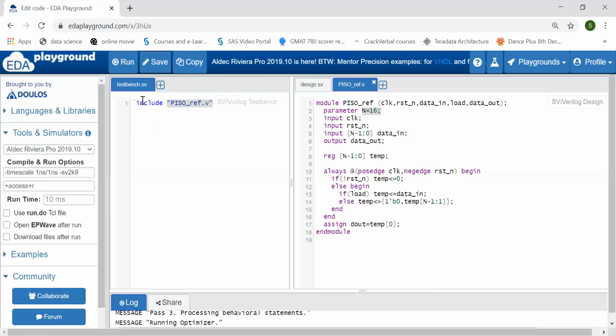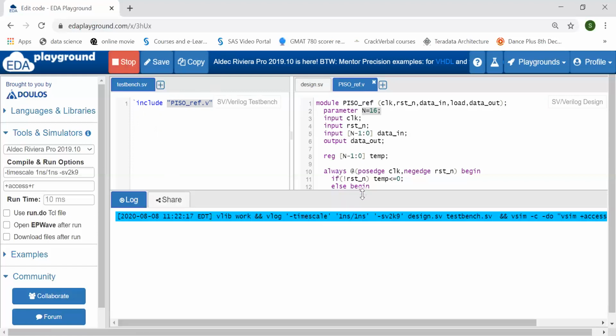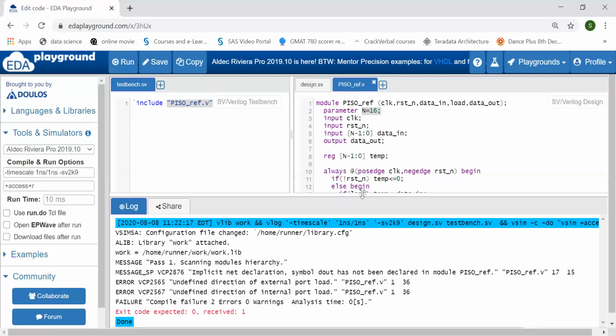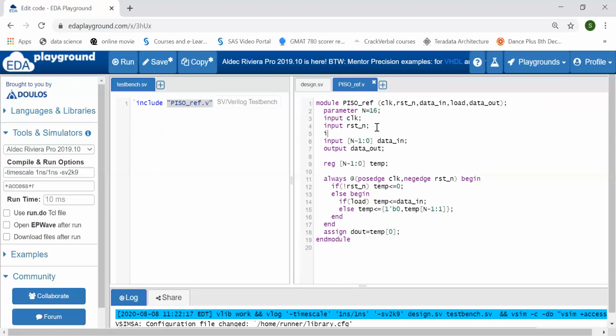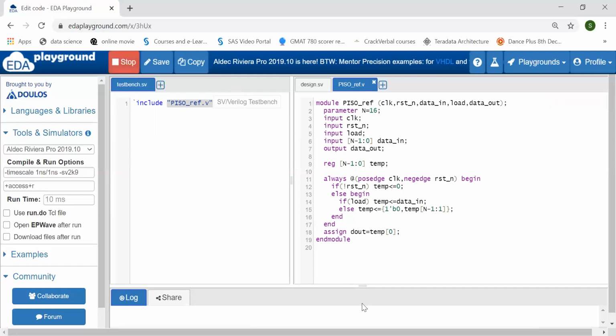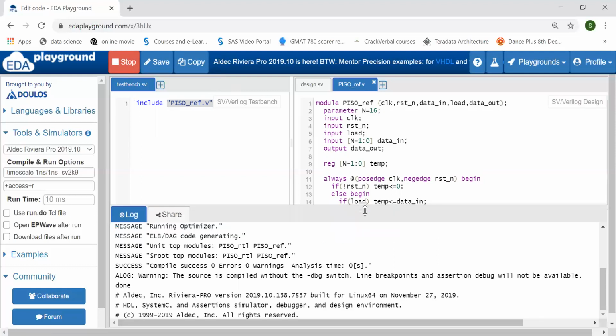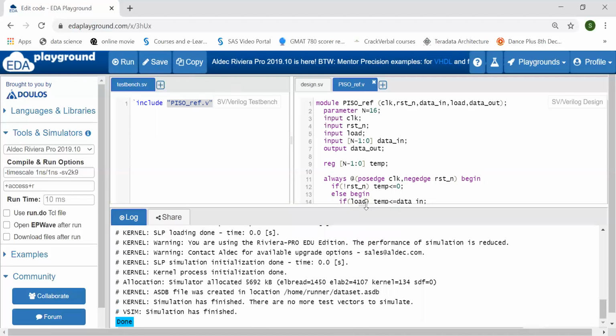In this tool, by default, the test bench and design are included. If I am adding some new file, then I have to include it, else it will not compile this file. I have now defined this input load, and it is also compiled.